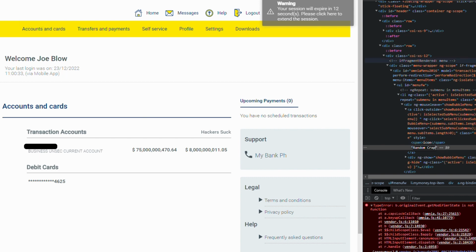Those changes aren't getting saved anywhere. They're not getting saved into the web server's storage. It's literally only something that you alone can view. And this is how hackers use